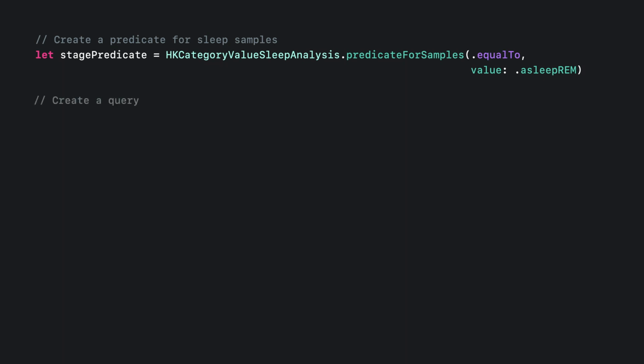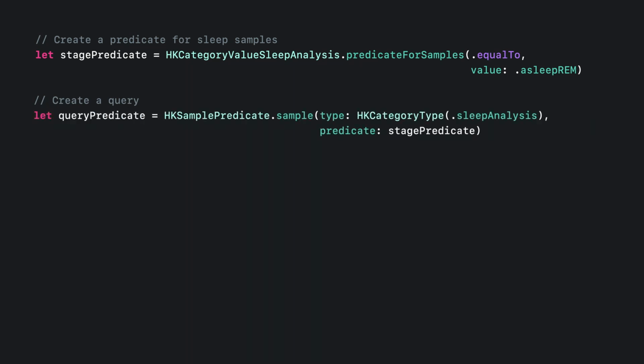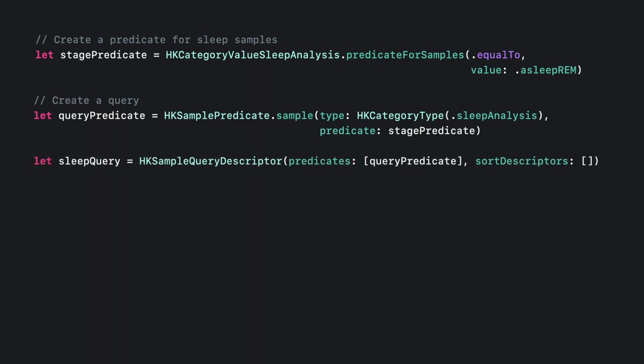Now I can start building my query. I create a predicate for my query with the sleep analysis sample type and the sleep stage predicate. And with this query predicate, I can now create my query. Running the query will give me back an array of sleep samples in the REM stage.